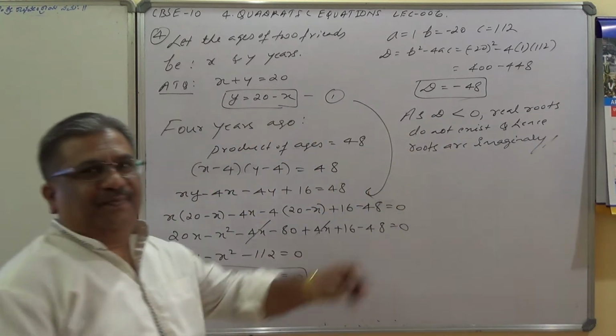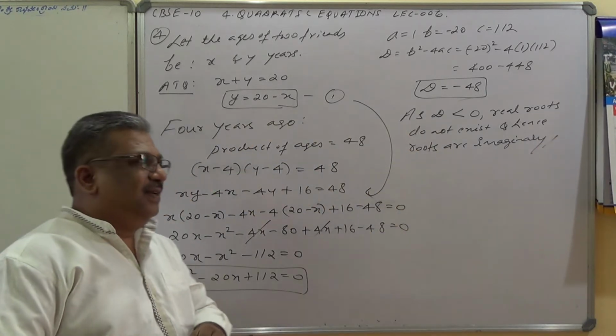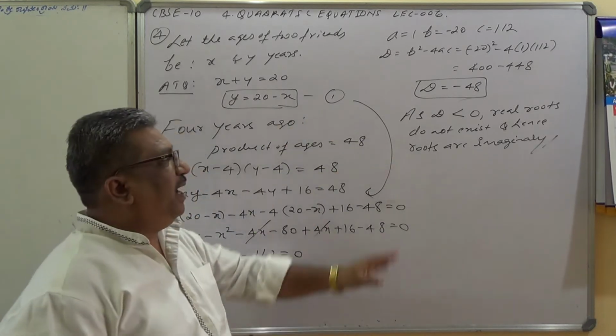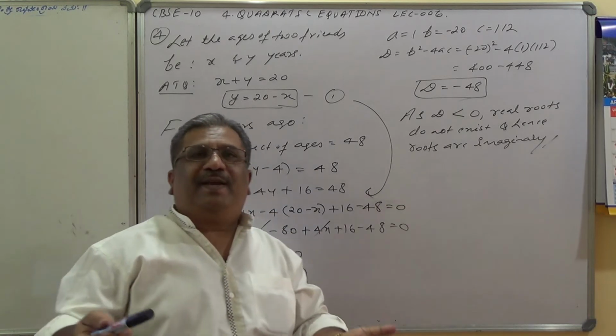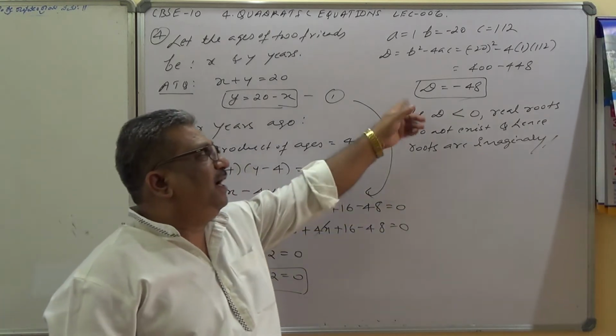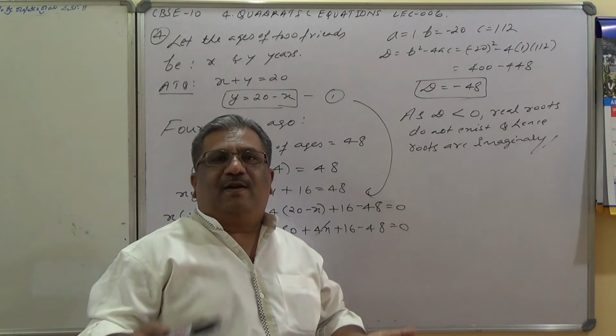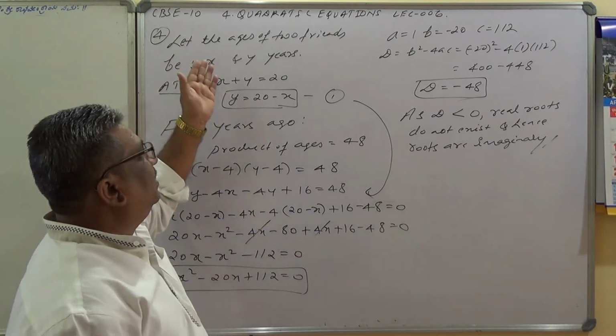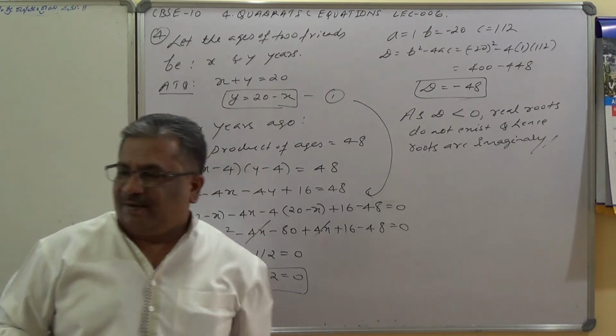Very typical sum. What we did here, dear students, first we checked the condition whether it is possible to solve or not. We arrived in a situation where the discriminant became less than 0, meaning it is negative here, and hence real roots do not exist, the roots are imaginary. It is not possible to solve this equation. Good, please note it down.